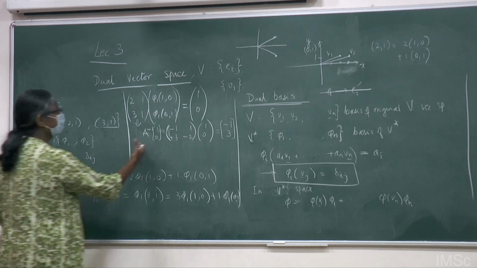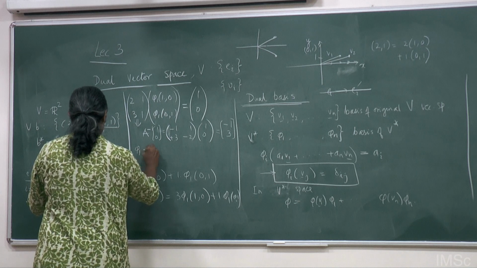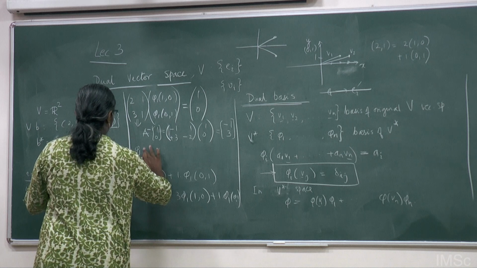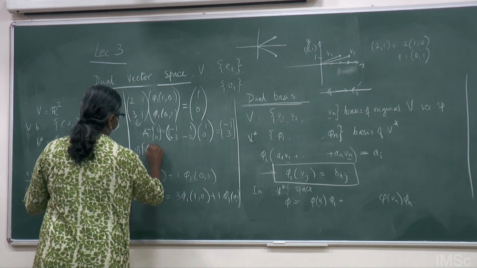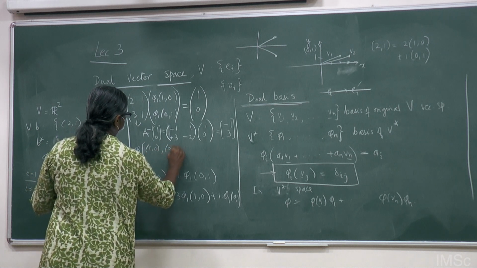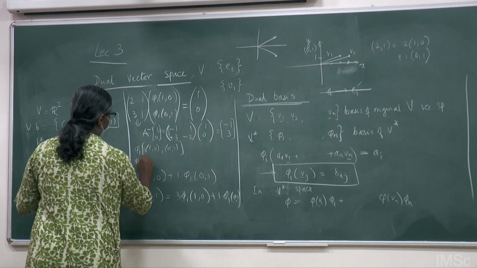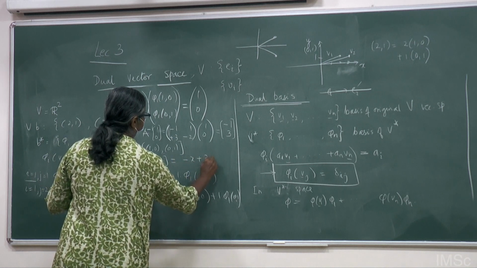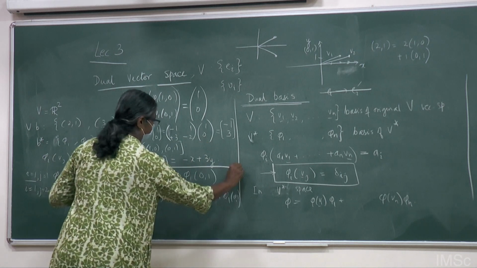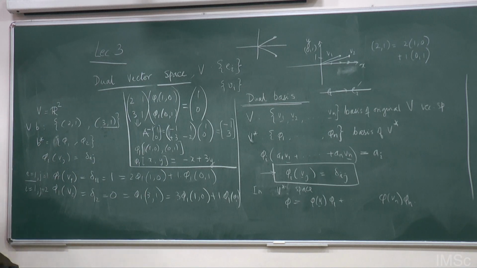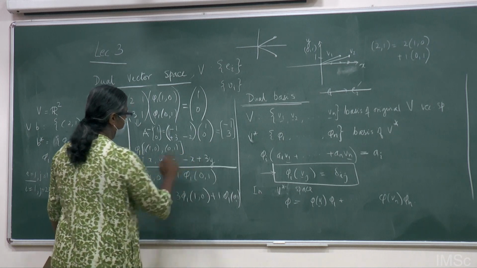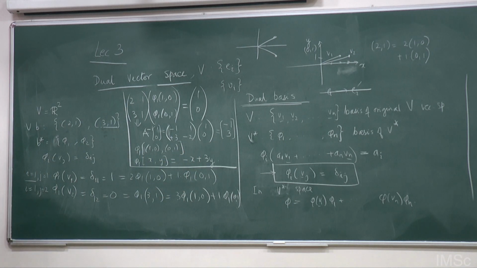So in fact, how will I write this phi? I will write phi 1 is equal to, let me write in 2 steps, phi 1 of 1 0, 0 1, to which I will now give the values x and y, just for simplicity, will be minus x plus 3y. Is this clear? Here. Minus 1 of 1 0 plus 3 of 0 1. So this will just give me minus x plus 3y. So you can see now it is a number, right?